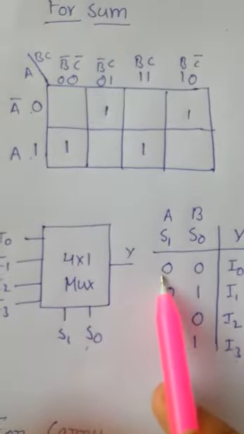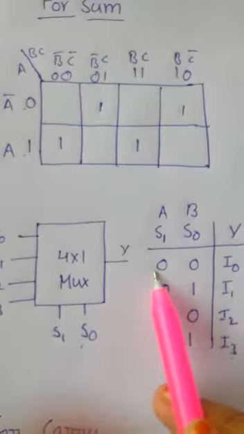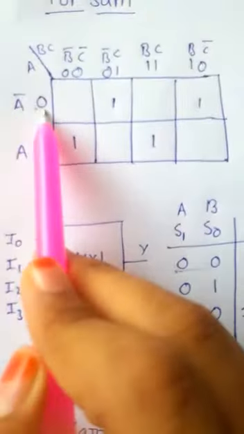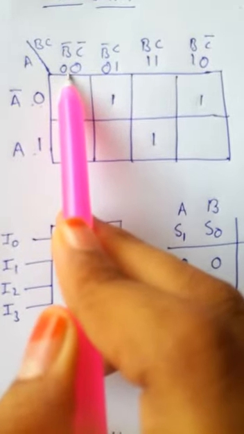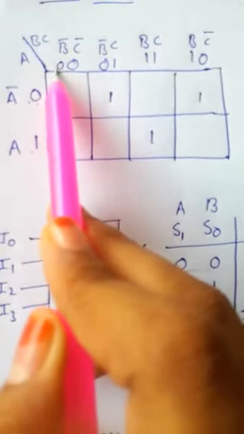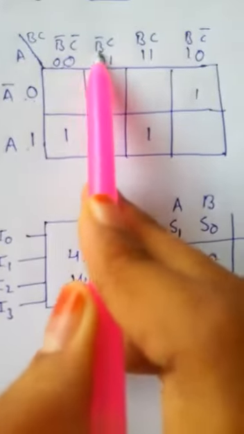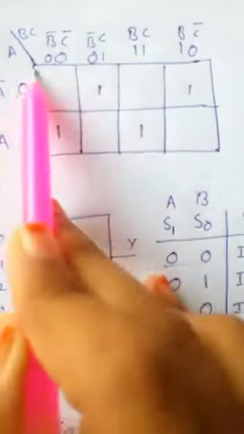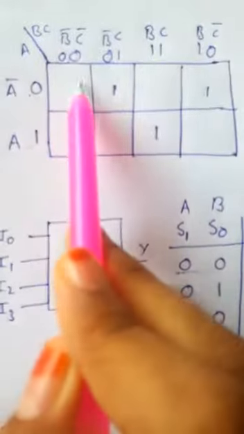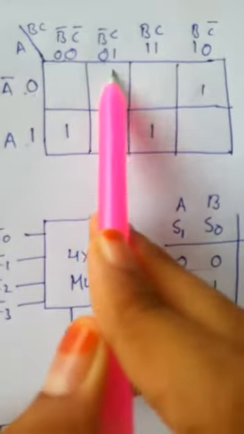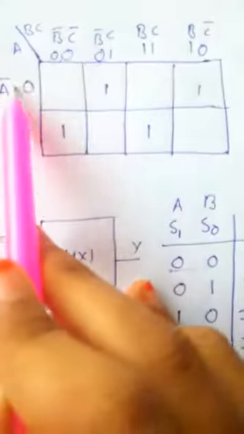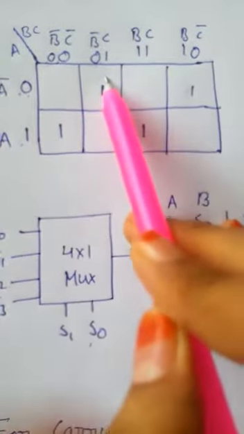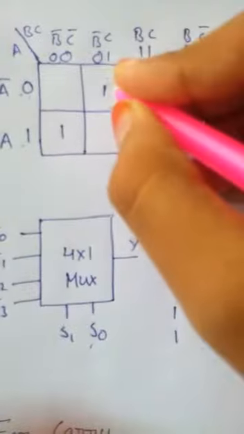See, first we will select two selectors, that is 0 and 0. Now see, A is 0 and B is 0. Here we see that we are having B as 0 and here having B as 0. Now we are going to take these two boxes and we'll pair the elements in it. We are having only one pair, that is 0, 0, 1, and the value of this is C.